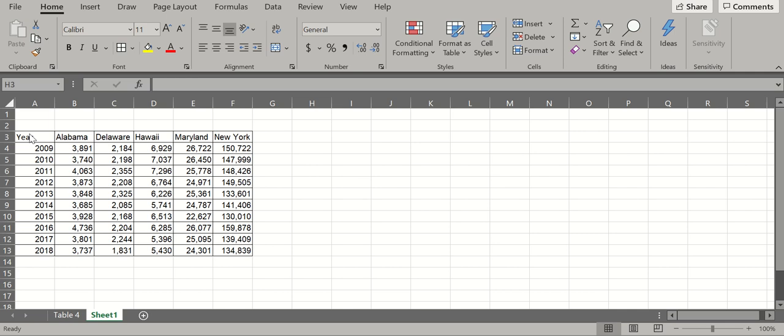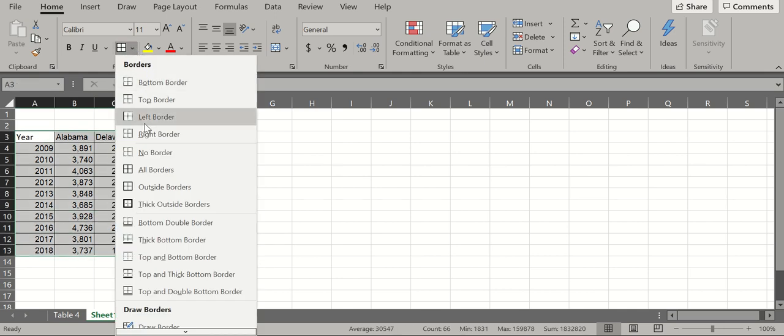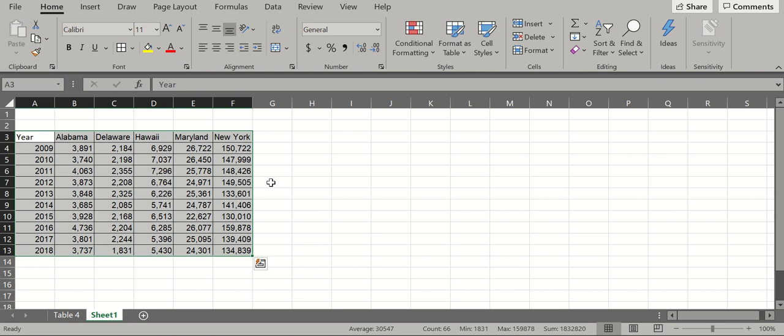All right, now to create a line graph, you will need to highlight. And if you notice, I just made this into a table. Remember, you could just highlight this, press this, and then put borders around all. That will create borders around everything. Now, if you highlight all of it,